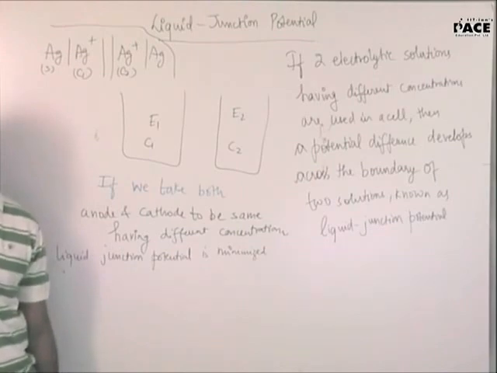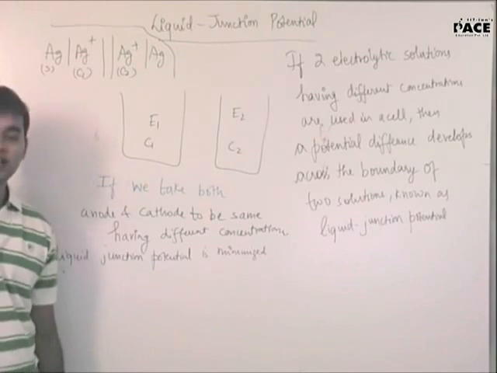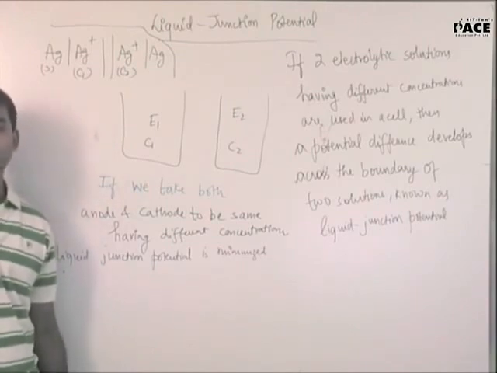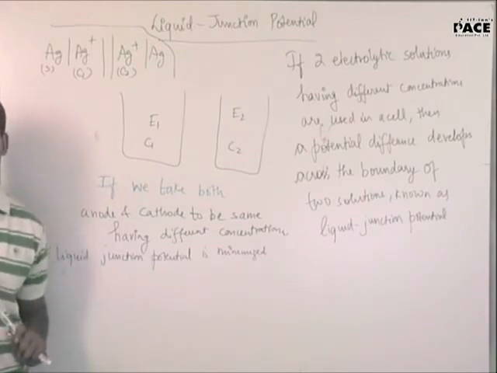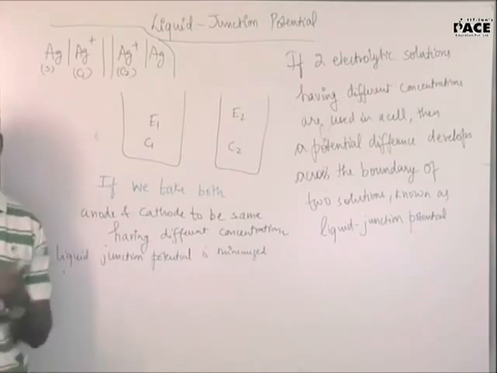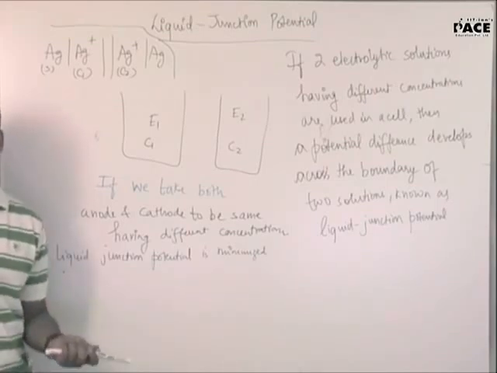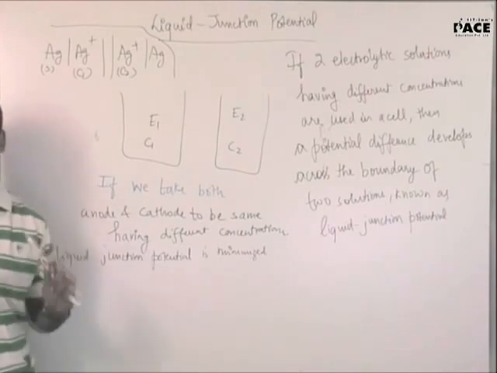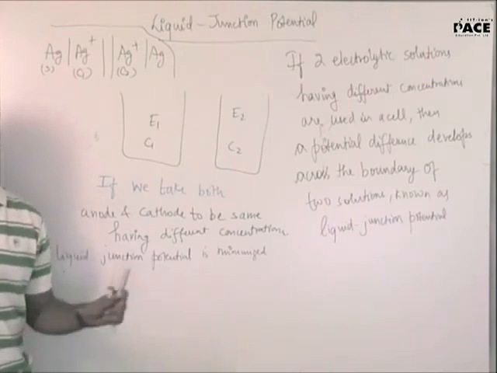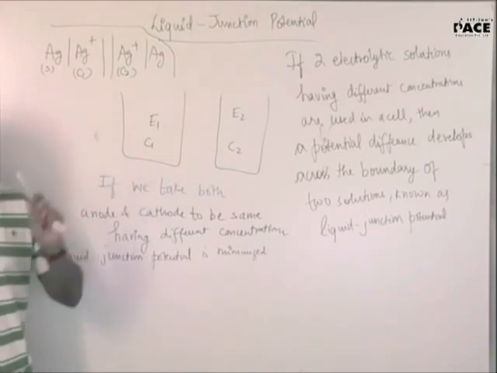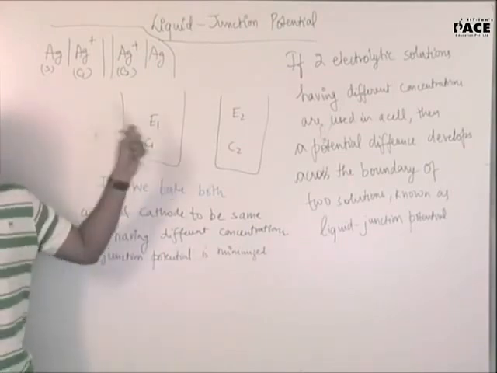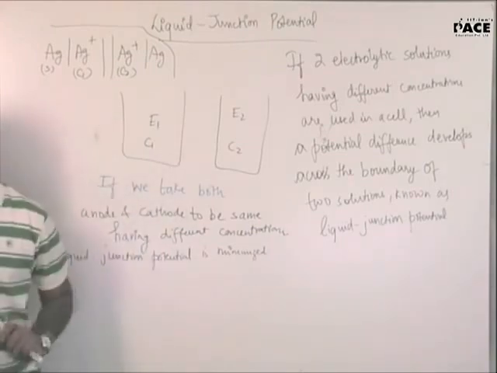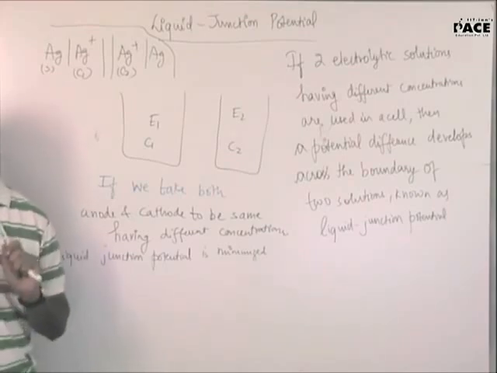Yes, it will work. See, don't get confused between potential and liquid junction potential. Liquid junction potential is just an error term which you will get actually. It is just like an internal resistance. Actually, what you have to say is, you say that resistance is less because you have an internal resistance in each cell, right? Similarly, in this case, what I'm asking you is, is the cell going to work? Yes, it is going to work. This is the answer.